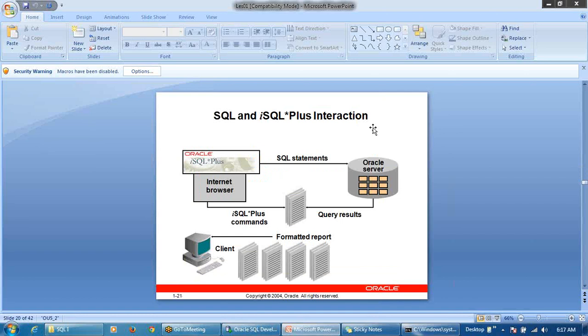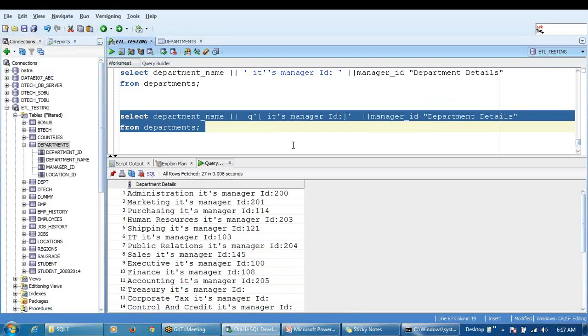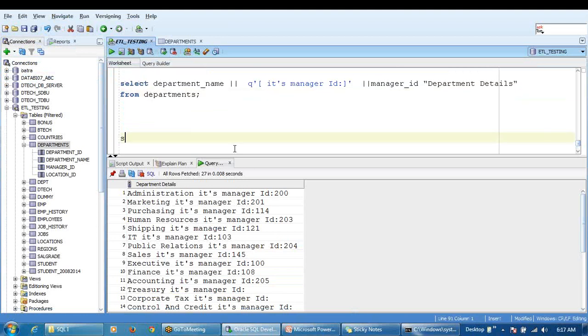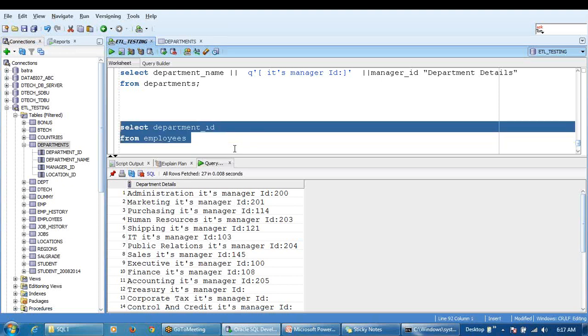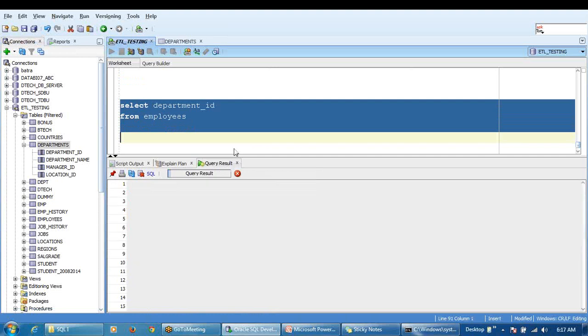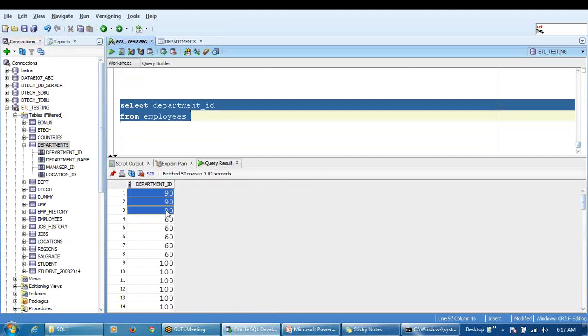What do you mean by a duplicate record here? Duplicate means a record which is being repeated in a column. Let's say I'm retrieving only one column, department ID, from the employees table. When you try and execute this, what will happen? You see the department is being repeated: 90 is repeated, 60 is repeated, 100 is repeated,